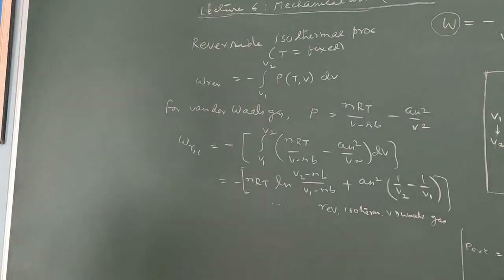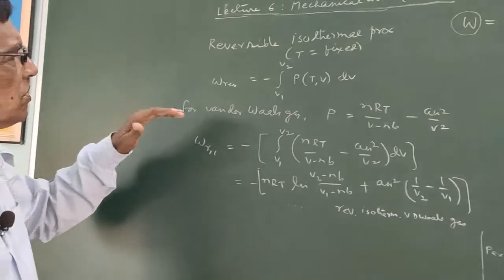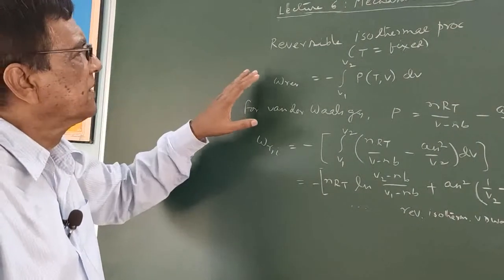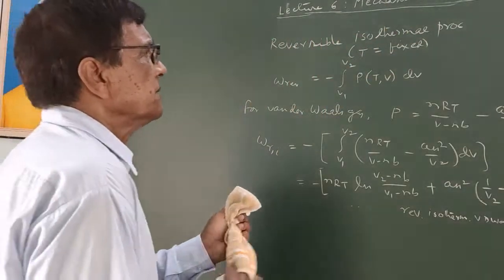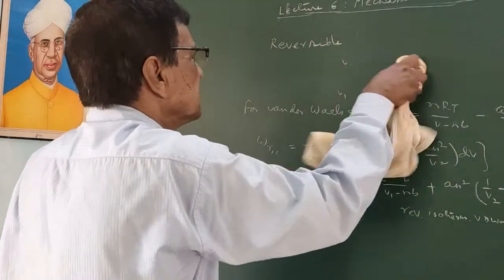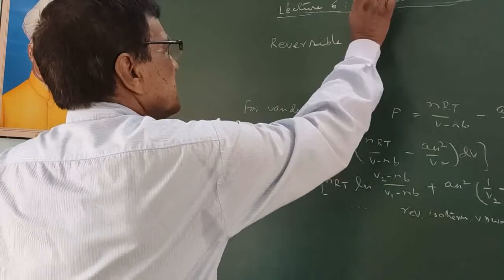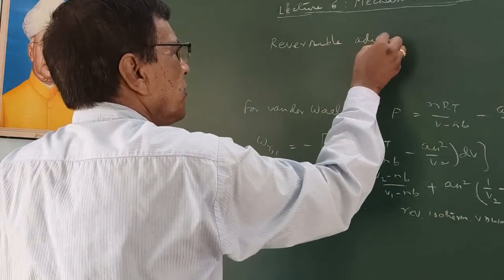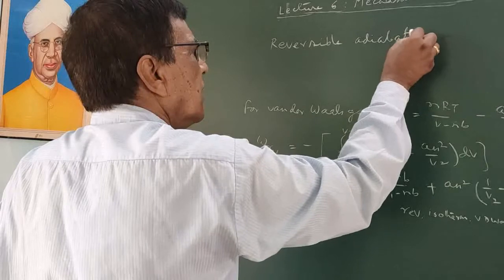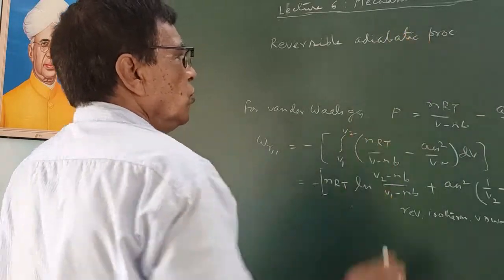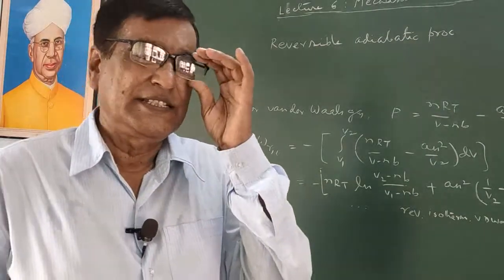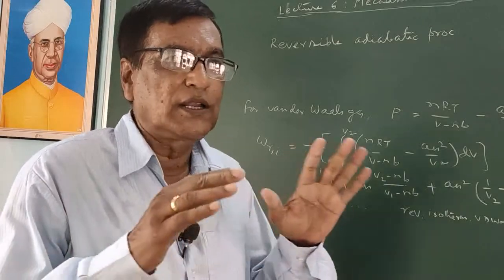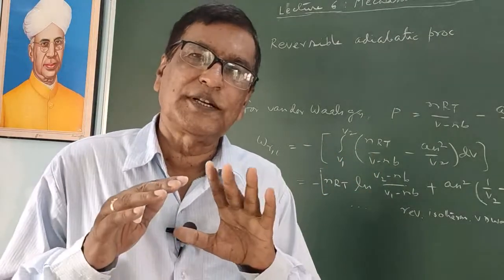Now I try to find out the magnitude of this amount of work for this reversible adiabatic process. When the isothermal process is done, all of these systems are taken as diathermal,